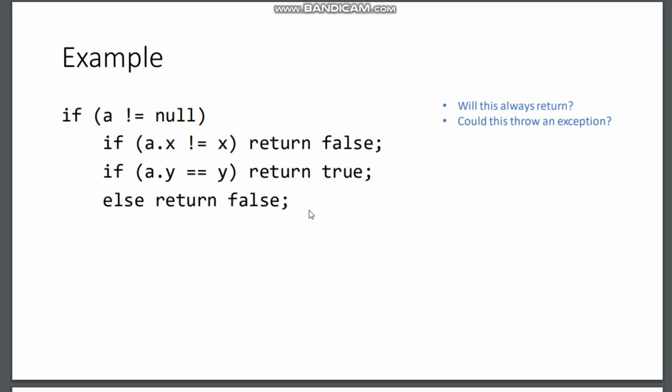So why? Because in this case, if we assume that this else is with this if statement, if this if statement is false, then we have no option which boolean value will be returned. So will this always return? This will not always return, which will result in an error,